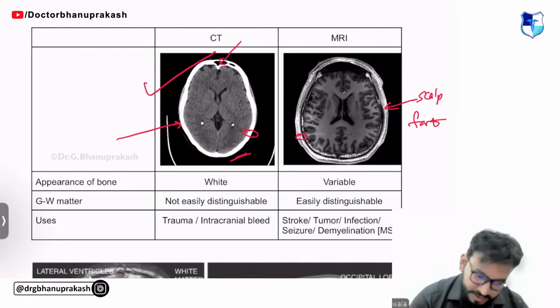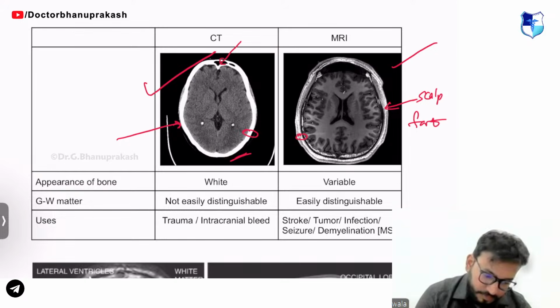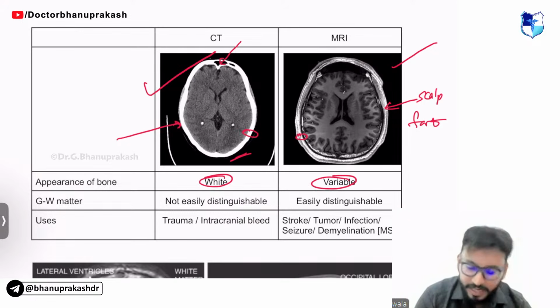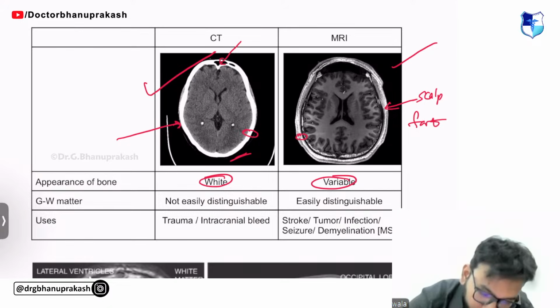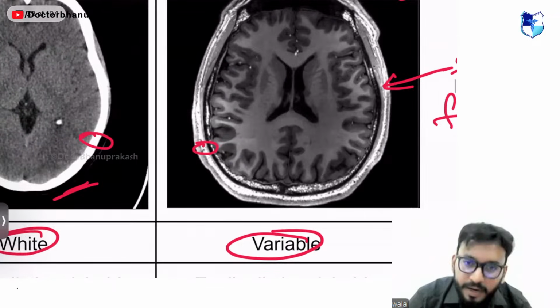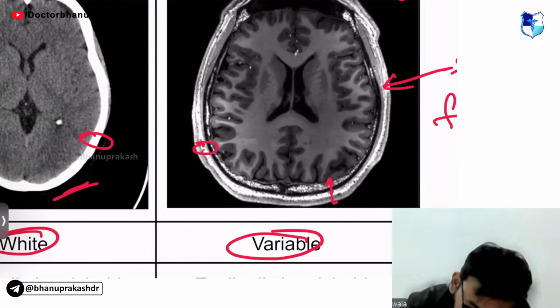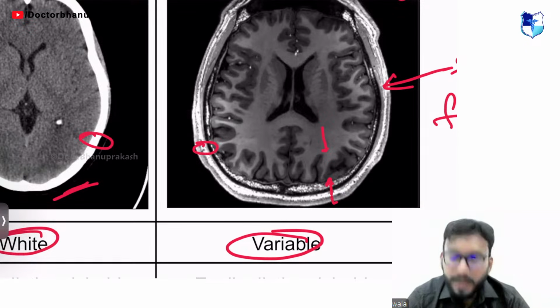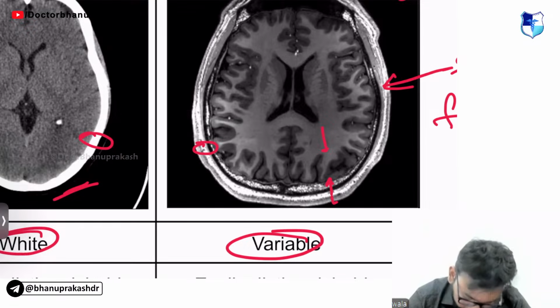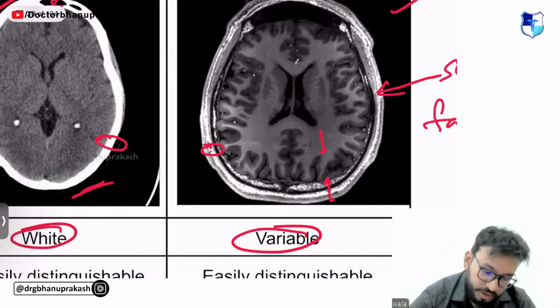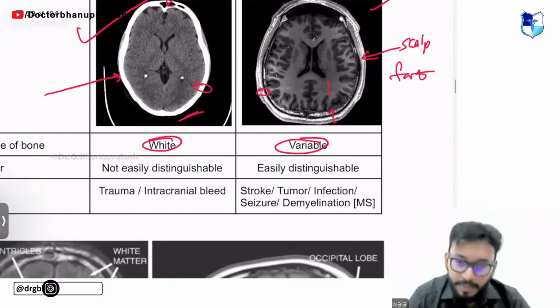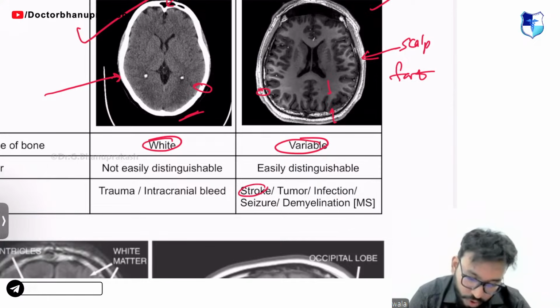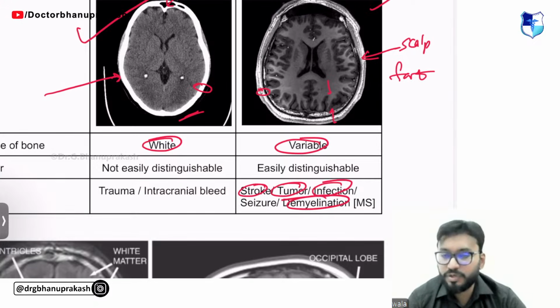Wonderful. Okay, let's go. This is a CT scan. This is the MRI. The appearance of bone, like I said, is white, or it can be variable. Gray and white matter cannot be distinguished on CT. Look at the MRI, guys. Can you see this gray matter? Can you see the inside white matter? Can you see absolute clarity, distinction between the two? Yes, this is possible on an MRI and not usually on a CT scan. So gray-white matter differentiation, and like I said, MRI has to be the investigation of choice in stroke, CNS tumors, infection, demyelinating disorders, everywhere the investigation of choice has to be MRI.